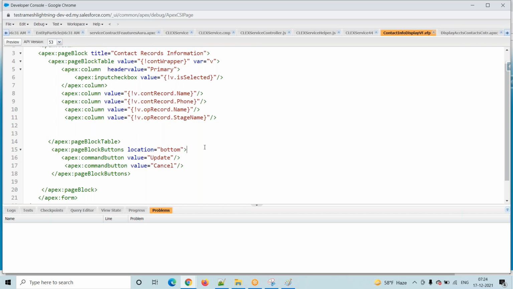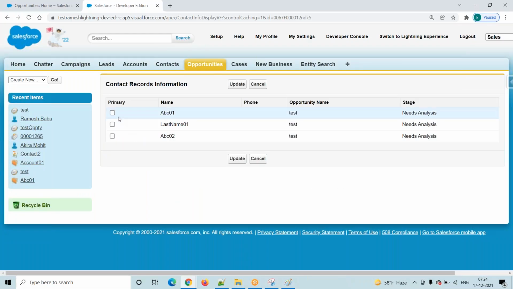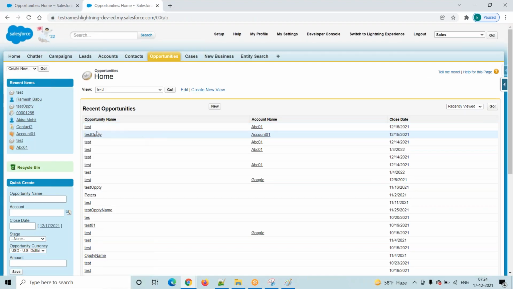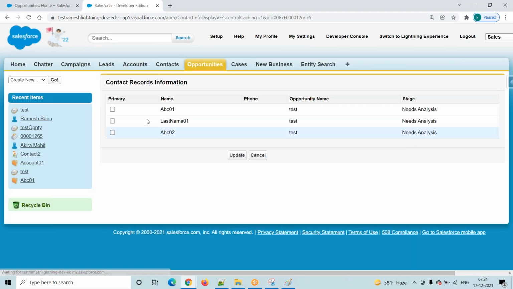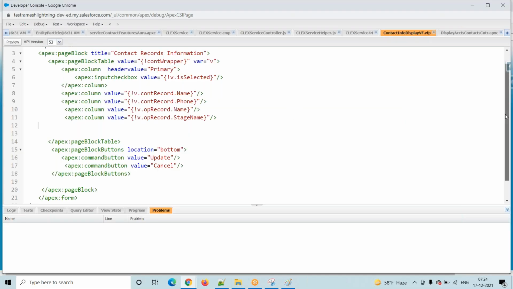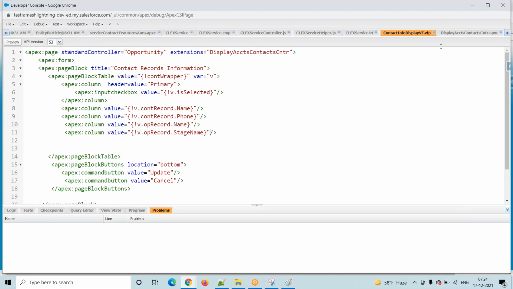When I click on the button, I want to display with check boxes some other object's record information. The user will come here and select any one of these records, and that record we have to update, which we have not yet discussed. The user will click on this update button. Cancel means I want to revert back to my opportunity page. Update means we want to update this opportunity record. That we'll discuss in the next session. Please let me know if you have any confusion.